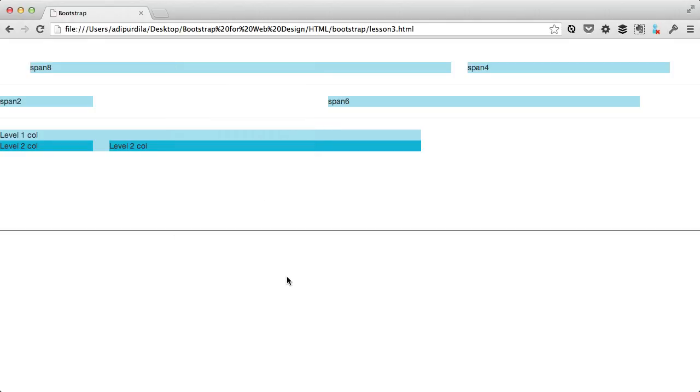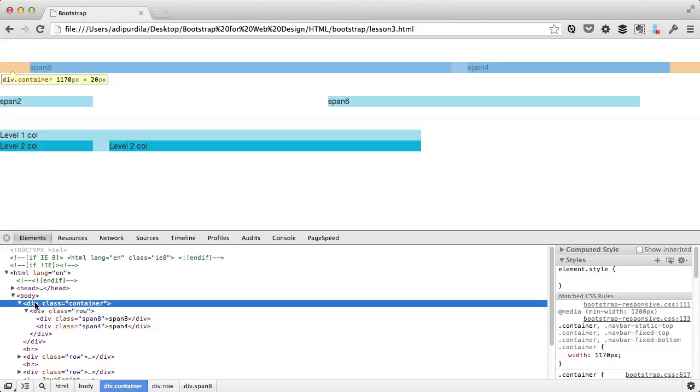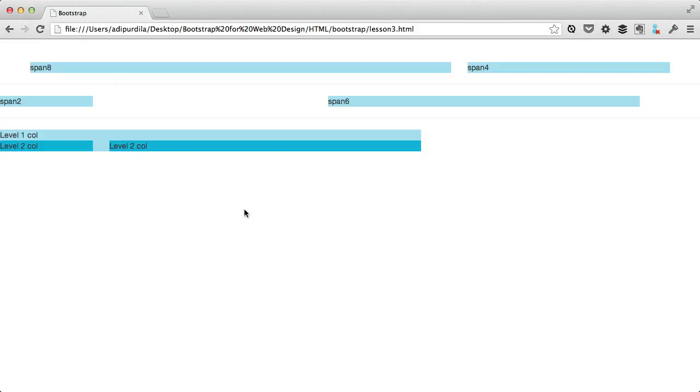If we look in the inspector, we can see that the class of container has margins applied to the left and right, placing it in the center of the page. It also has a width of 1170 pixels. Now, depending on the viewport size, the container element will have various widths, but it will always be centered on